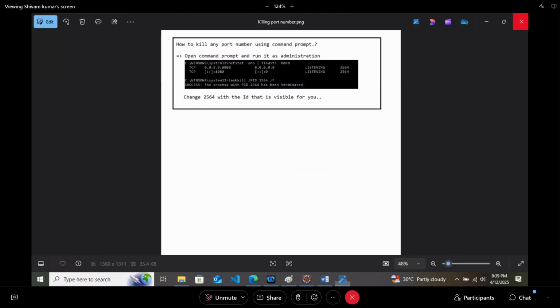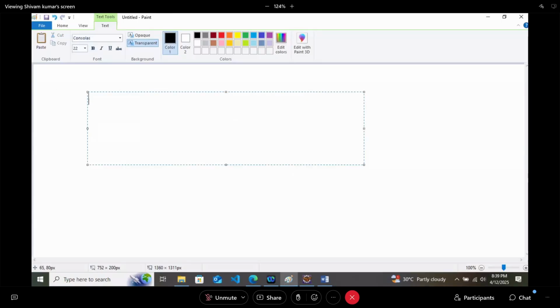Second type of error is not able to find or load main class. If you are getting this error, it can come from 2-3 different scenarios. The first scenario is that the Eclipse version is old.